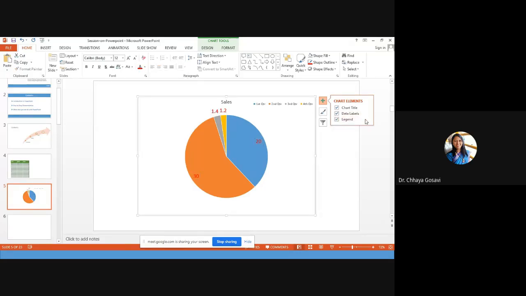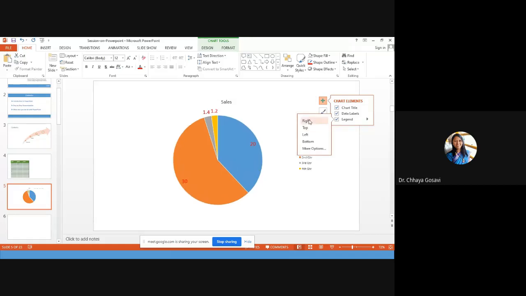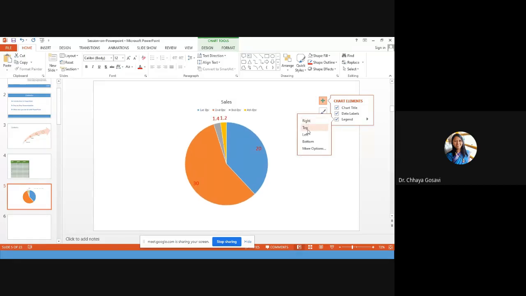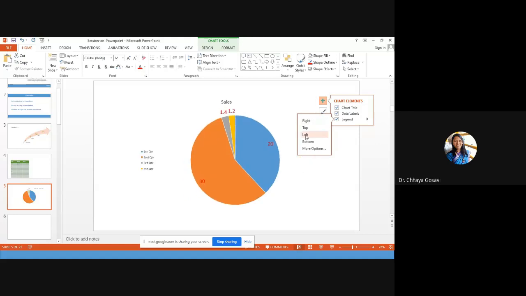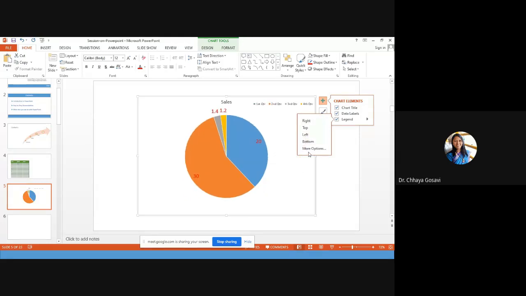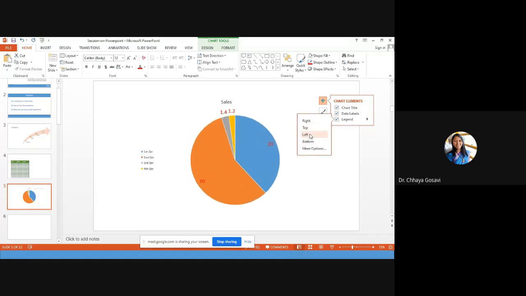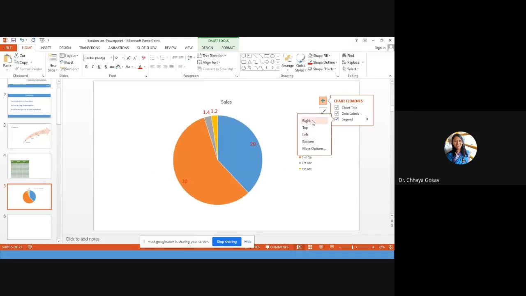Then legends, you can decide what should be the position: top, right, left, bottom, or you can decide options depending upon your choice. I want it on the right side. And you can also format these data labels.